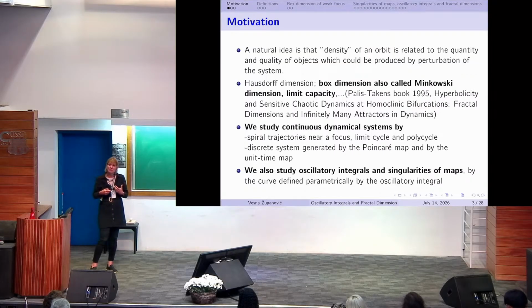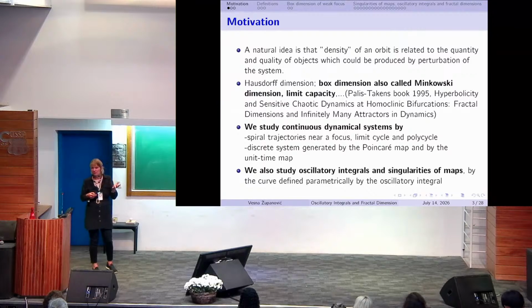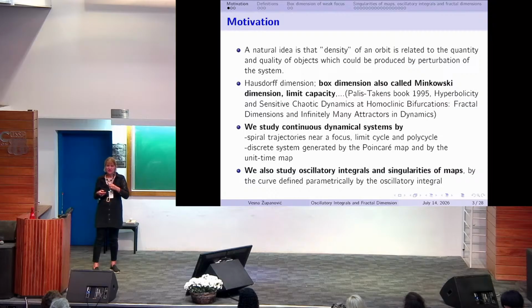Motivated by Claude Tricot, we started with curves, with spiral curves. They appear in dynamical systems related to oscillation in the phase plane. You have a spiral, you have a focus. This is very interesting. And also discrete dynamical systems are very interesting objects for fractal geometry. Basically, bigger box dimension is related to very slow convergence. Slower convergence means bigger dimension.